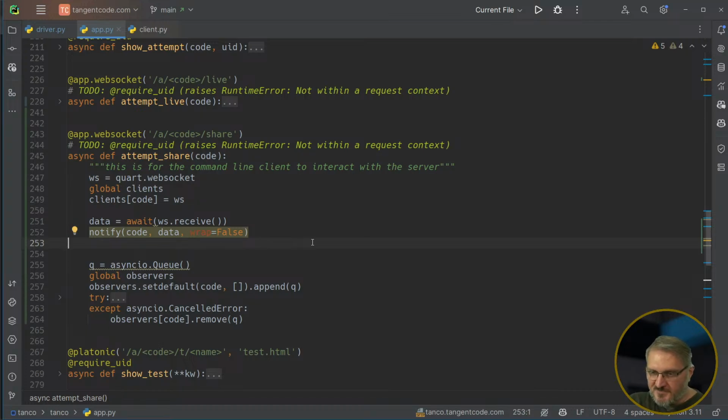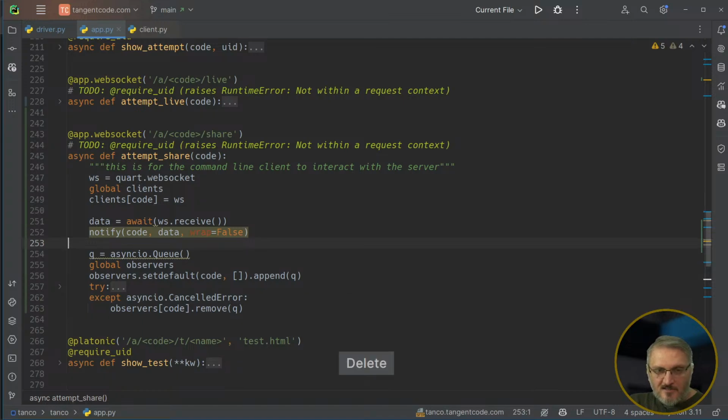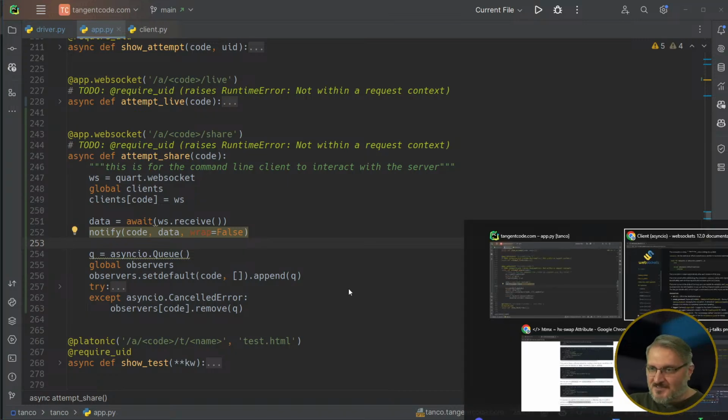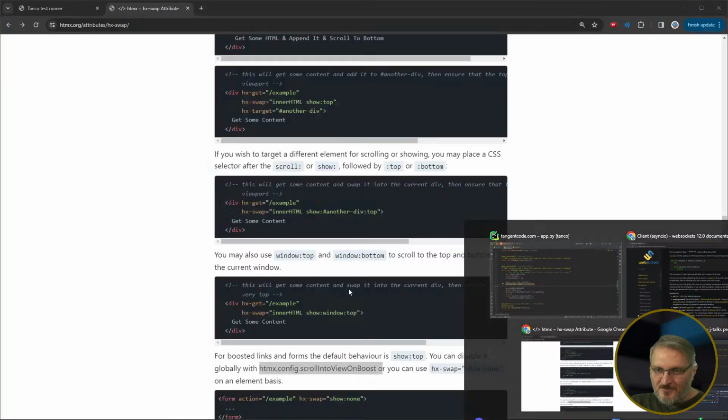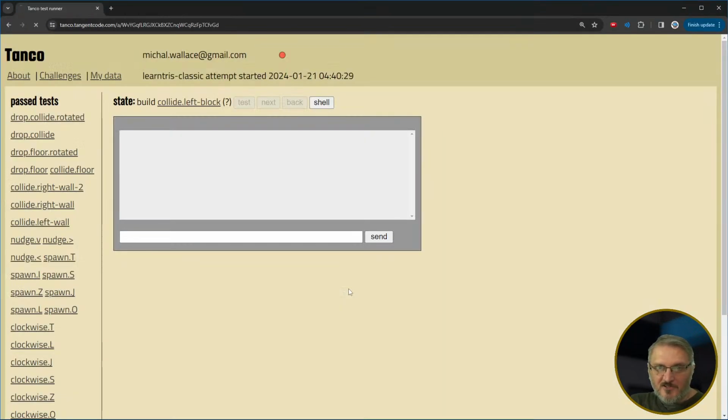I know this doesn't look like Tetris. But in order to actually help people, I gotta make the software work. I don't know if you've seen any of my other videos, but the whole point of this,